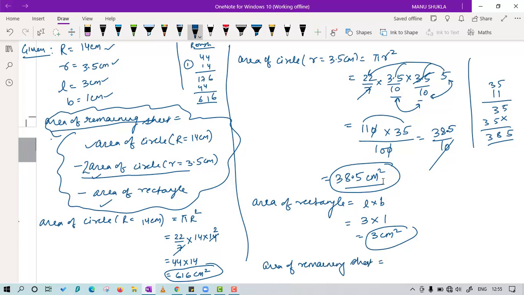is equal to area of larger circle, that is 616, minus twice area of smaller circle, that is 38.5, minus area of rectangle, that is 3. So 616 minus, multiply these two, you will get 2 5s are 10, 16 plus 1 17, 6 plus 1 7. Point will come here. So now this 0 will be gone. Finally, we will get